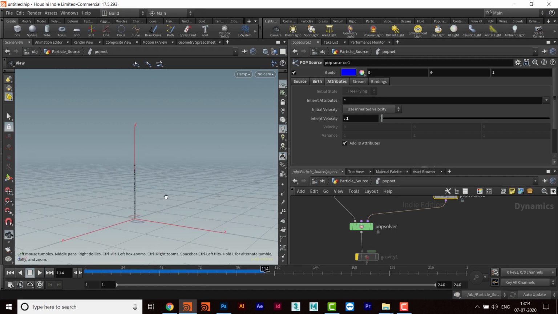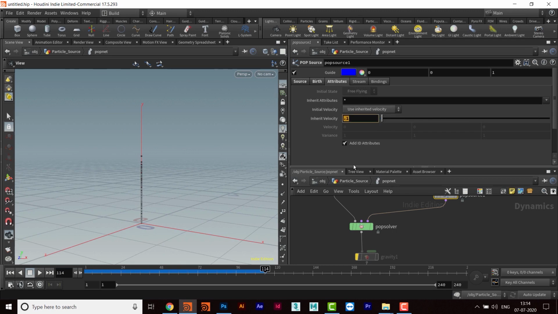Then whatever value is coming, it will take only this fraction of that. And then we can also use add to inherited velocity.